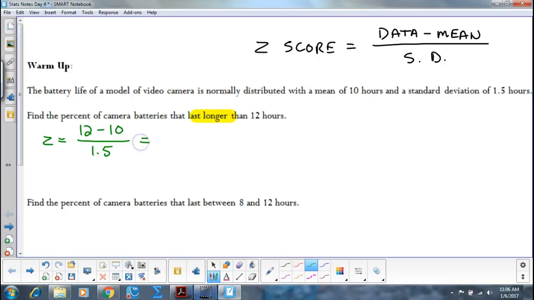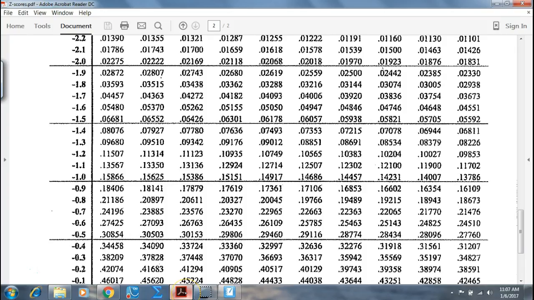So that's 2 divided by 1.5, which I believe gives me a z-score of 1.33, correct? So I go on my z-score table to